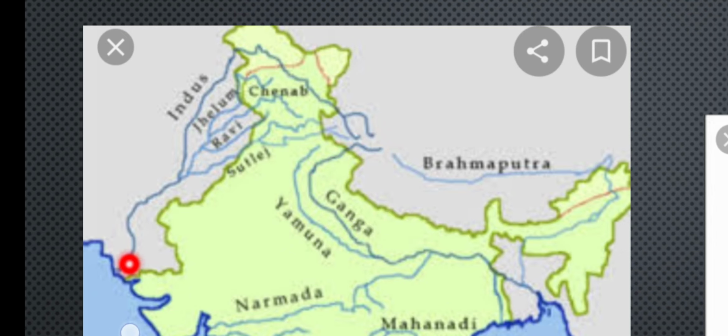Don't make a mistake. Many of you think that the rivers come from the sea and move into the land. No, that is not right. From the mountain top of Tibet it is moving towards the Arabian Sea. Now its tributaries: Jhelum meets river Indus, then Chenab, then Ravi, then Satluj, and this part is called the Beas. So these are the 5 tributaries of river Indus, and river Indus ultimately meets into the Arabian Sea. So it is a river system, entirely the river and its tributaries.